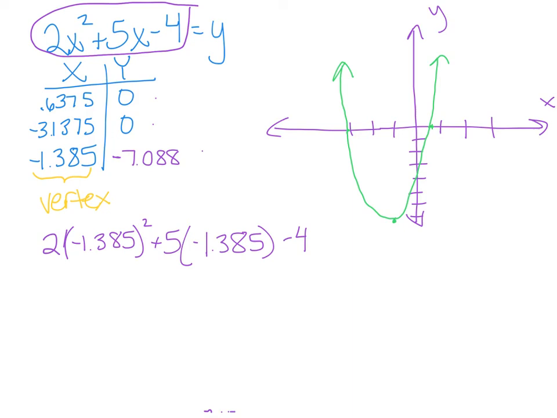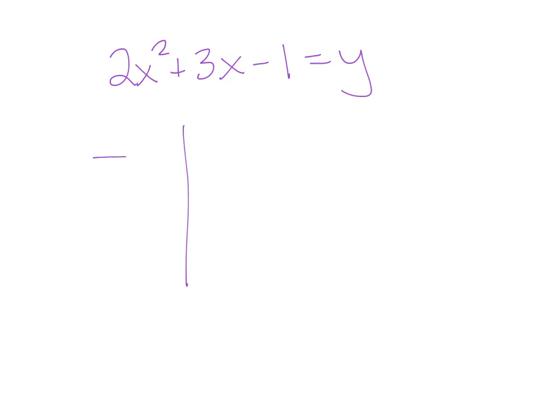Okay, so I want you to try one thing. All I want you to do on this is if I give you a table like this, I want you to try and bring to class tomorrow. So if I give you the equation 2x squared plus 3x minus 1 equals y, and I've already found the x and y's for you, I want you to find the vertex. So here's those two values,